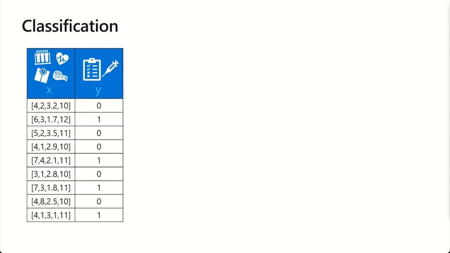So for now, we have some data, including some features and a label. And the label here is the Y, whether a person has diabetes or not. And the features are some medical measurements like weight, height, blood pressure, and so on. Now, the label here is 1 or 0. So a 0 means not having diabetes, and a 1 means having diabetes. And the algorithm we're going to use will